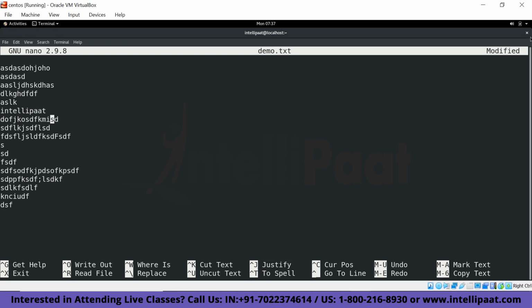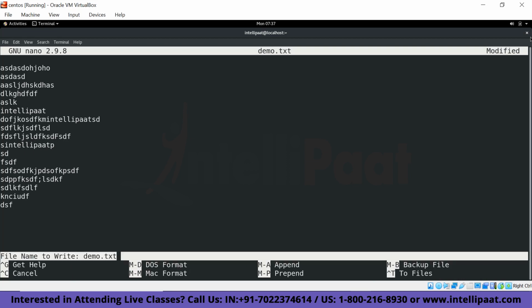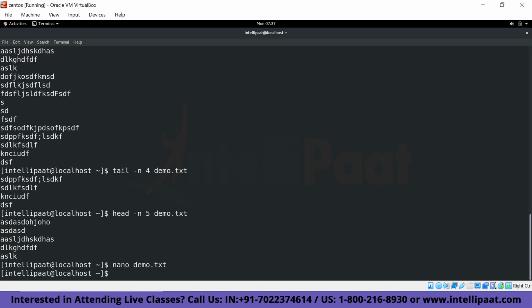It's a wrong spelling. Okay, I entered it in 3 different places. Now I'm going to use grep to find it, but I'm not going to use my username directly. I'm going to use a meta character, dollar, and a command called whoami, which basically reads the username. So grep $(whoami)